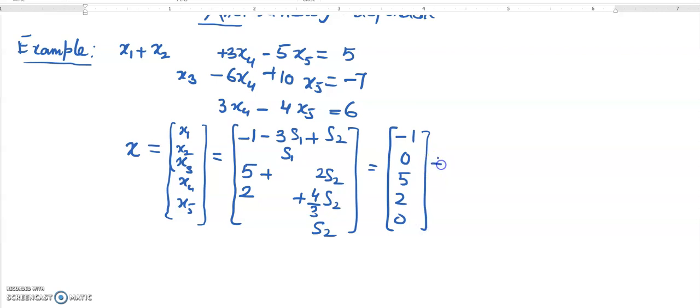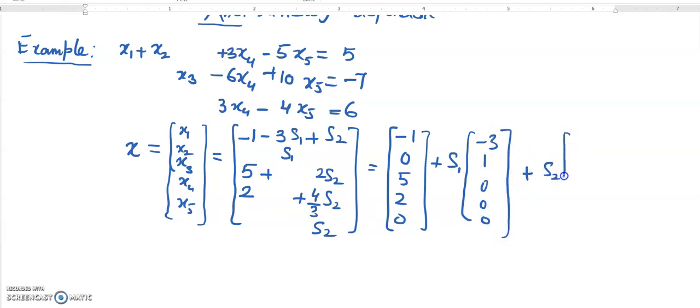This is one vector, plus s1 times minus 3, 1, 0, 0, 0, and plus s2 times 1, 0, 2, 4/3, and 1. Okay, so now the question is... yeah, this I did not solve it because